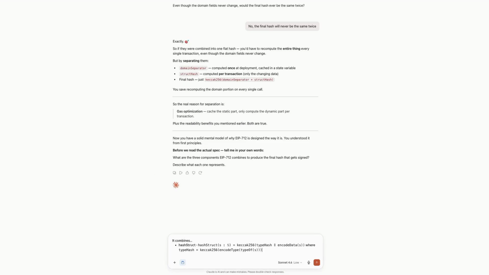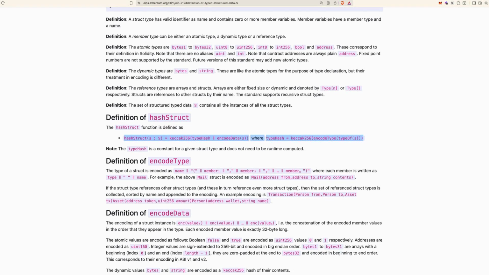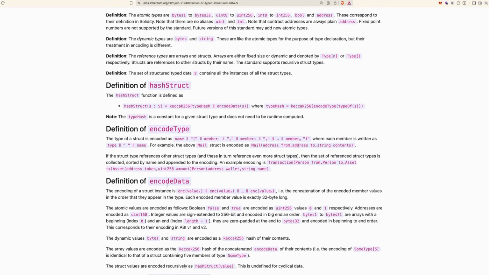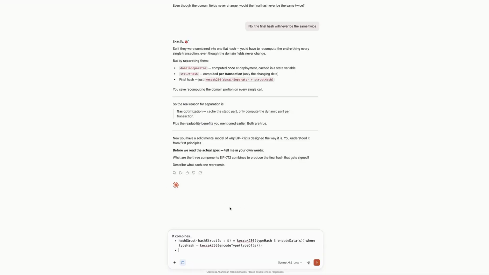First, hashStruct is this. And secondly, encodeType: the type of a struct is encoded as name, where each member is written as, for example, so in simple words, it has hashStruct,